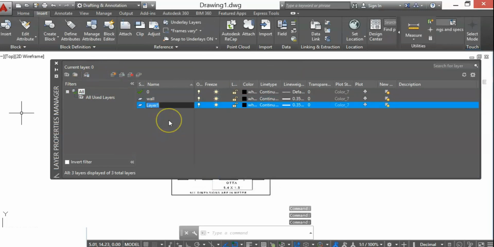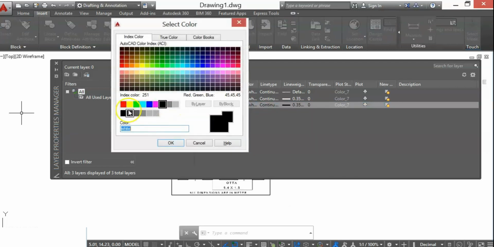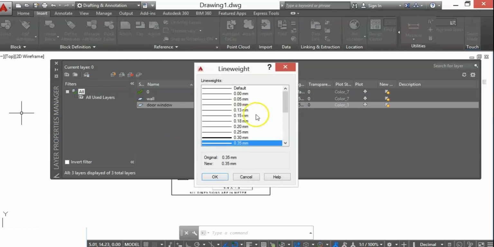Again, I am adding a layer for doors and windows.